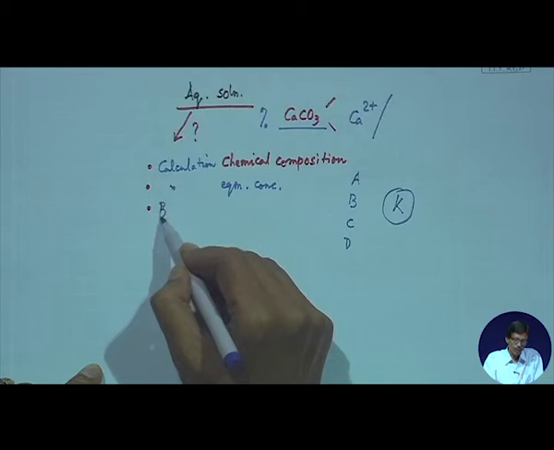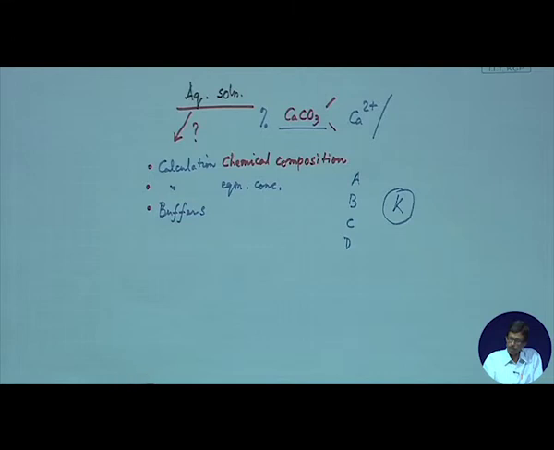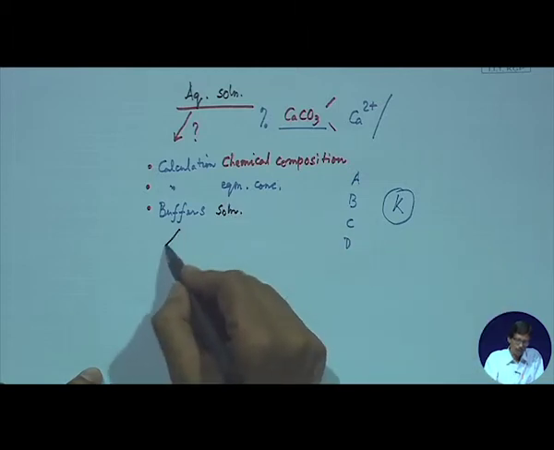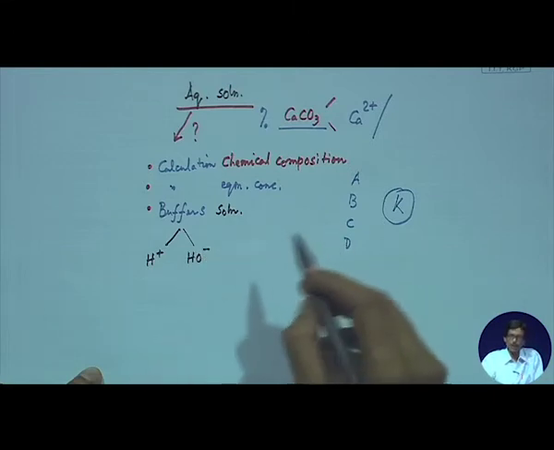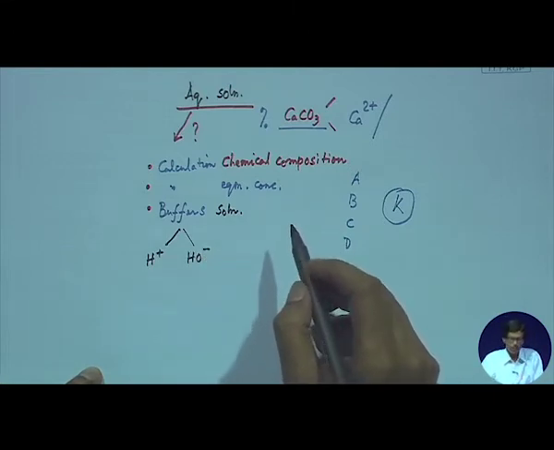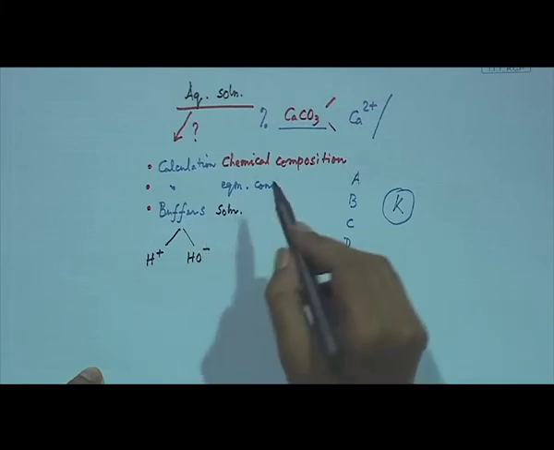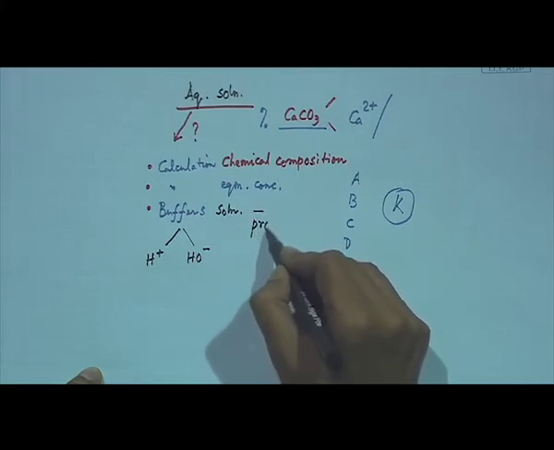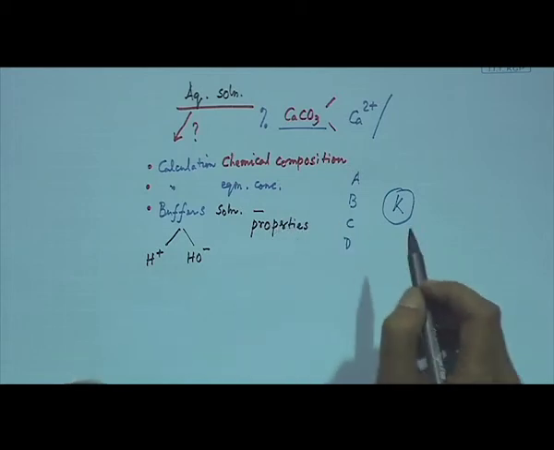And we will introduce something where we talk in terms of buffers. What are those buffers, how are these buffers formed, and how can we use them? For buffer solutions, two things we will be discussing: the concentration of the hydrogen ion and the hydroxide ion in the buffered medium, and how we can use these for calculations to find out the different properties and the corresponding pH range of those buffered solutions.